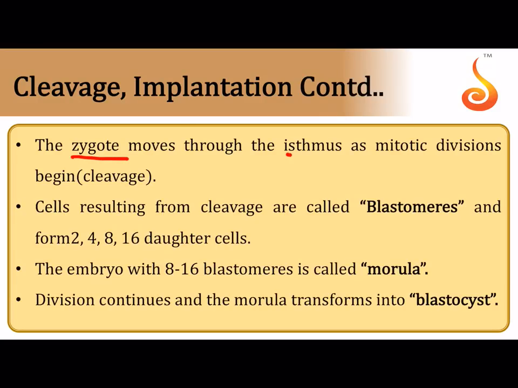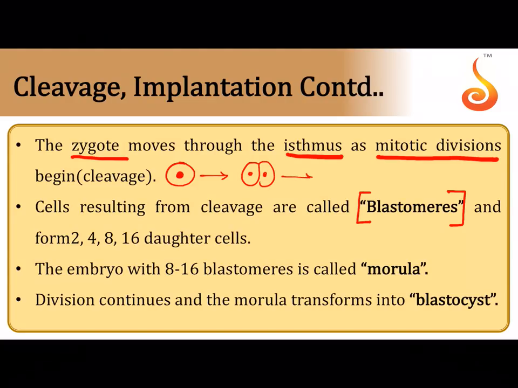So we saw the zygote moves through the isthmus, it undergoes mitotic divisions, and when it undergoes mitotic division, what are the resulting cells called? Blastomeres. So we saw first we had a zygote, then the zygote became two-celled, then the two-celled became